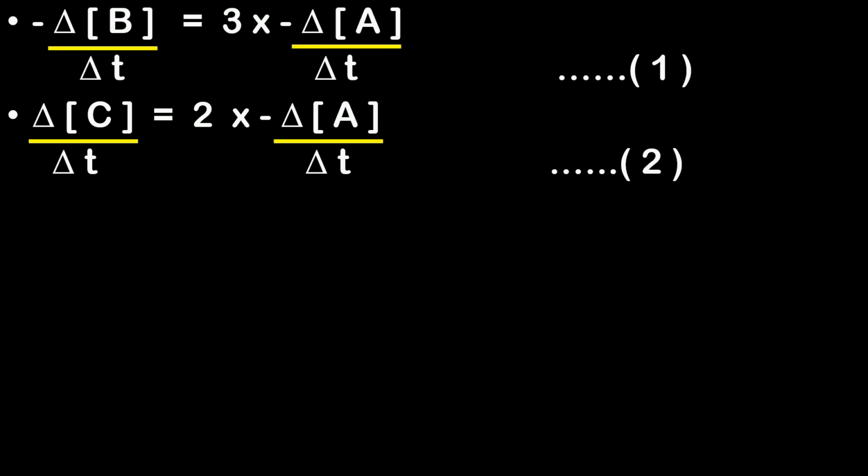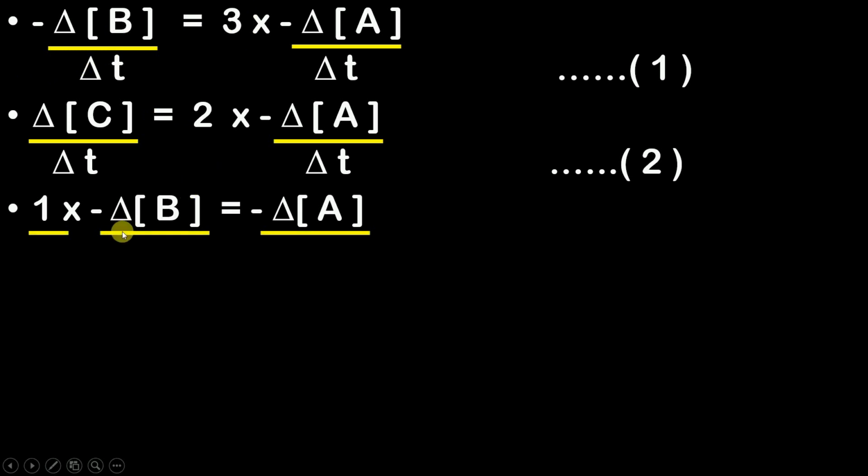Now what I am going to do is, look at this equation number 1. From this equation number 1, I am going to shift this 3 to the left hand side. So guys, can I say I am going to get something like this. So now your equation number 1 becomes something like this. Now forget the old equation number 1, and this is your revised equation, that is equation number 3. And now from equation number 2, I am going to shift this 2 to the left hand side.